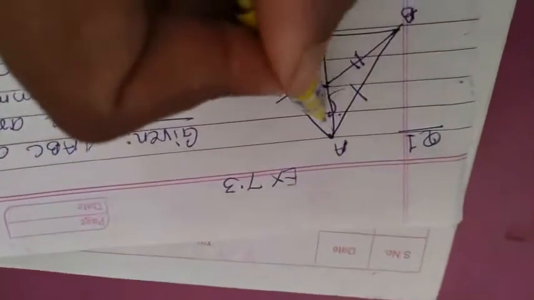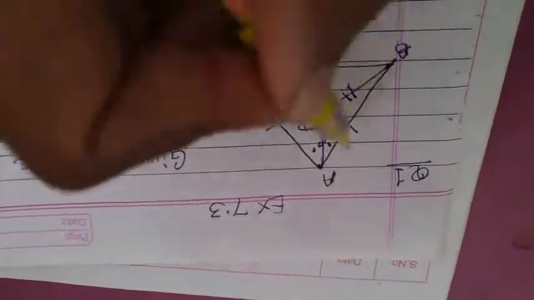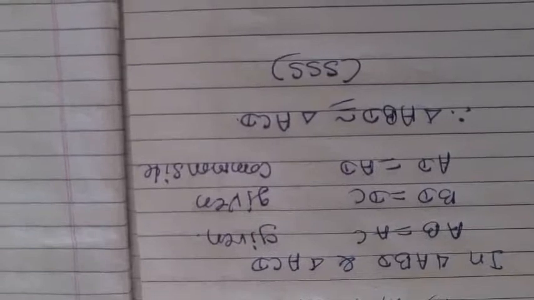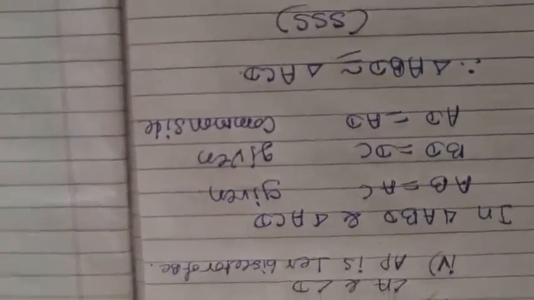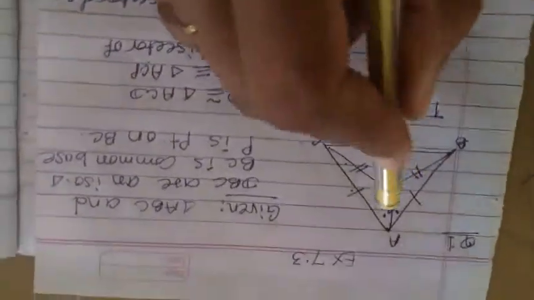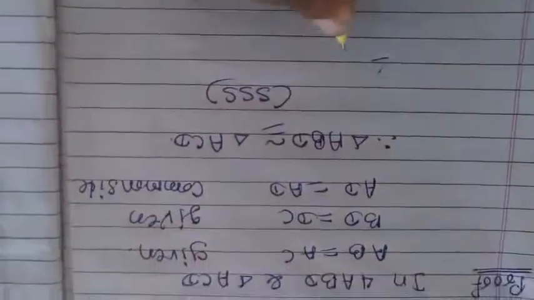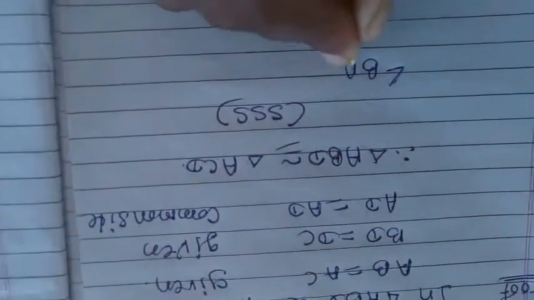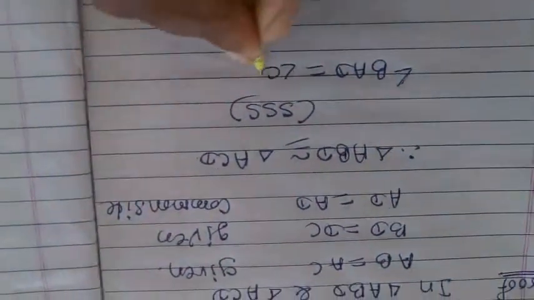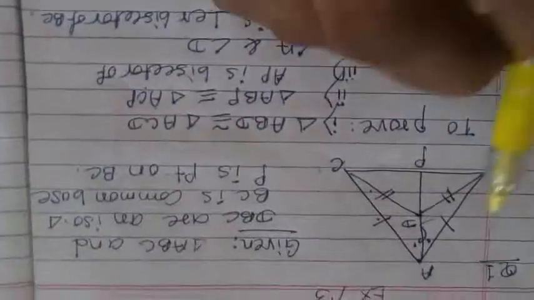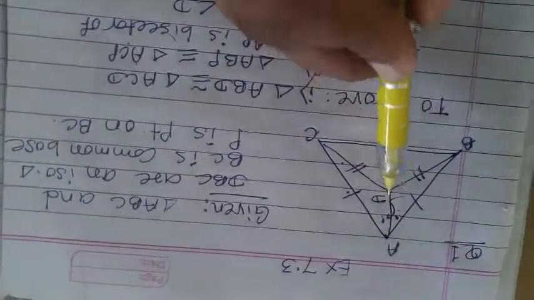Now here, if the triangles are congruent, in CPCT we can consider these two angles are equal. Now triangle ABD and triangle ACD both are congruent triangles. Here see the equal parts, CPCT. In CPCT we write both the angles are equal. Angle BAD is equal to angle CAD in CPCT. Now these two angles are equal.